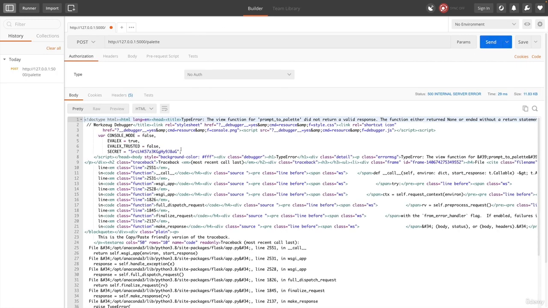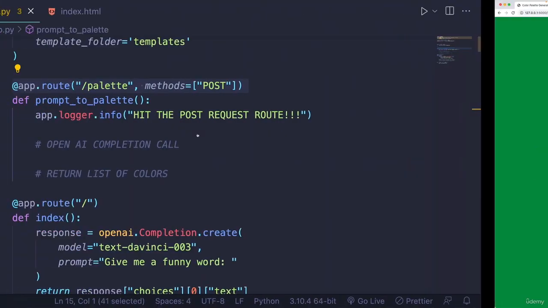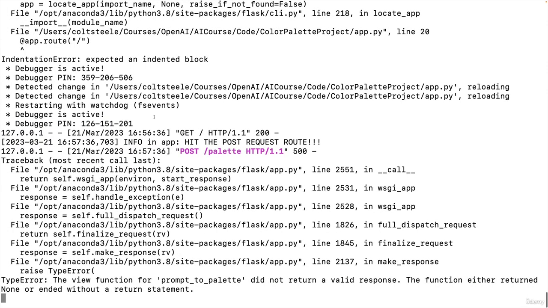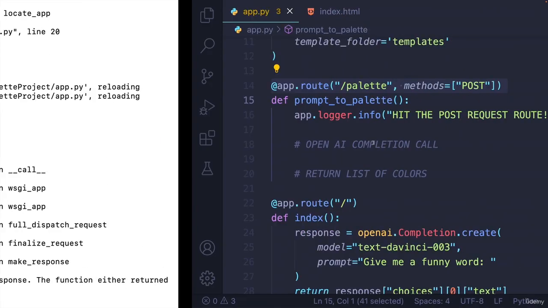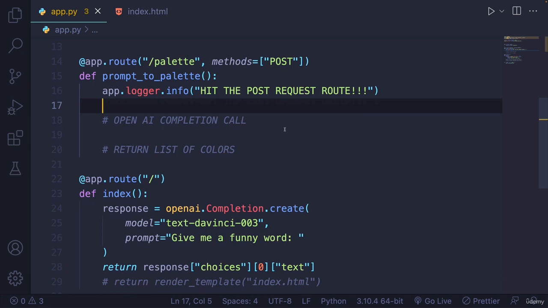We're not really responding with anything at the moment, but let's see if it did indeed print out. Did it print out? It looks like it's there, it is. Yes. Hit the post request route. Okay. So it is hitting that route correctly. But now what I want to do is actually generate colors instead of just printing you hit the post request